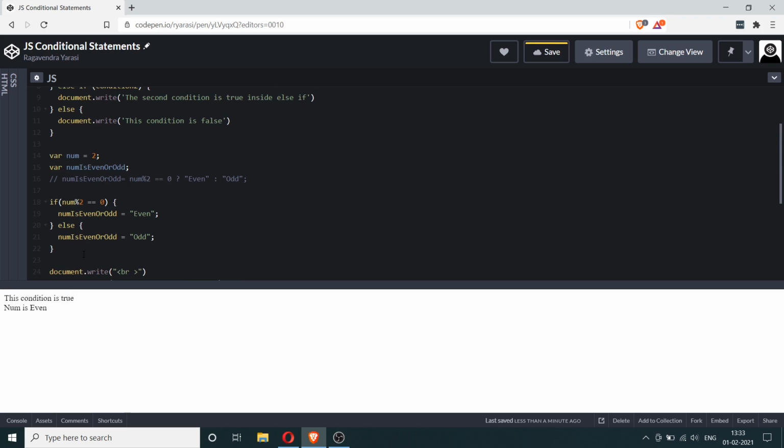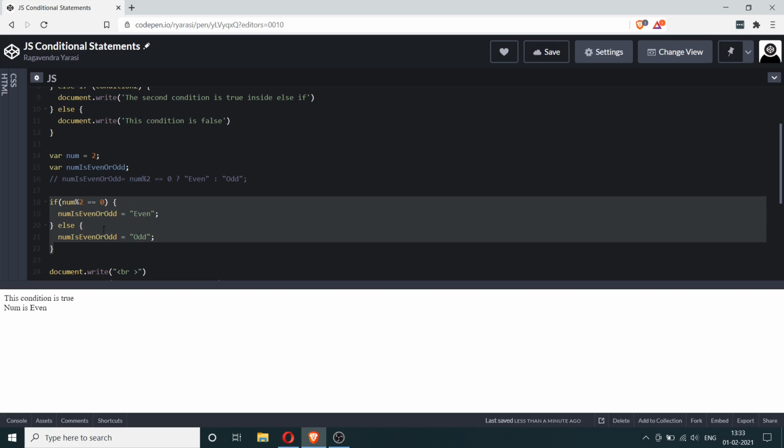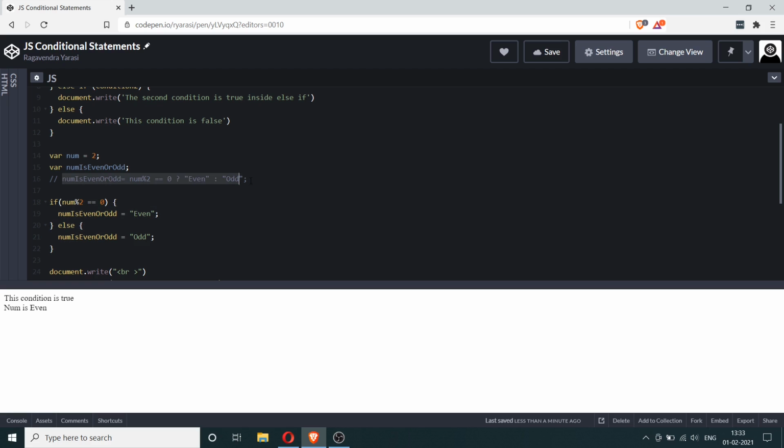Now the reason why I did it using the if statement is that you can see the difference between what this is doing and what this is doing. This is a single line statement, very simply written, but if you look here, there are multiple lines and there is also some sort of repetition here. So we can avoid this by using the ternary operator. So this is the same as what we've written here. I hope this is clear.